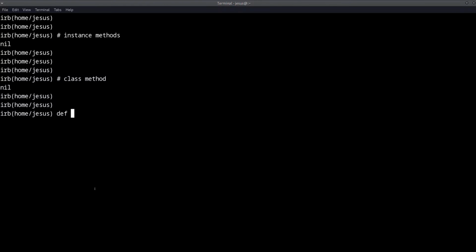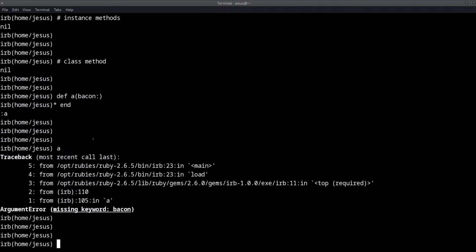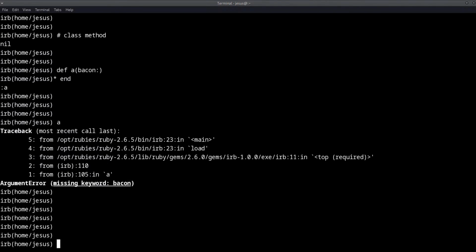Here's what I mean. If I use, let's say, bacon, like that, this is a required keyword argument. Okay, you will use it like this. See, if I don't pass anything to method A, it says missing keyword argument bacon, right? So that's a required keyword argument. So we can have also fruit,